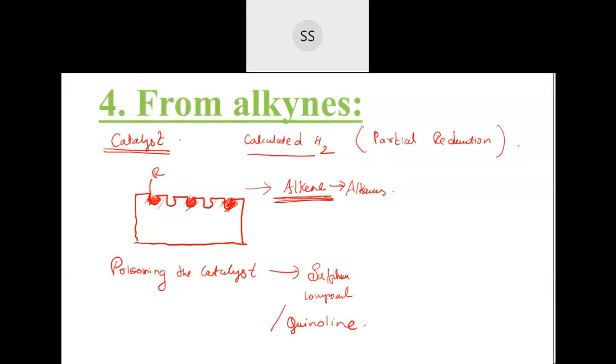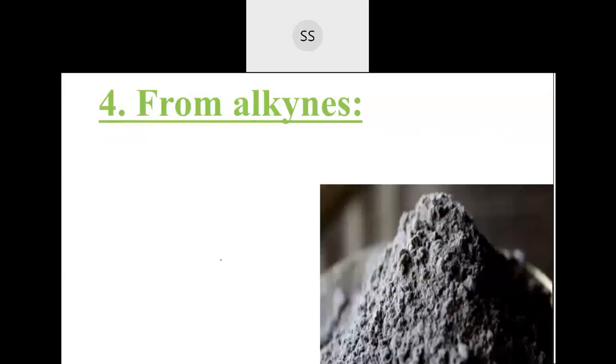So this is Lindlar's catalyst. Just now what I told you is palladium, you are taking palladium but then you are trying to block its pores by adding the poison. That's how this will look. Finally this Lindlar's catalyst looks like a cement powder. They are taken in a powdered state because when you have them in the powdered state, the surface area is very large. When larger surface area is there, more of the reaction can take place. Like catalyst surface area, you don't take them as a block or as pieces, you take them as a powder usually. So little powder is enough for the reaction to catalyze.